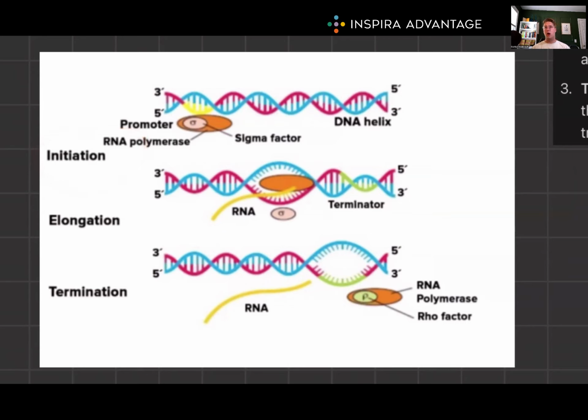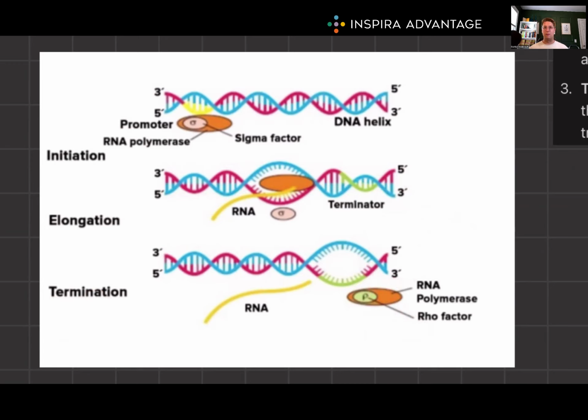initiation. This is when RNA polymerase is going to bind to the promoter region of the gene, causing the gene strand to unwind. We've got elongation, which is where RNA polymerase will bind to the template strand of DNA and synthesize a complementary strand by adding RNA nucleotides. And then it's got to end, right? So termination. That's when the RNA polymerase is going to reach a terminator sequence, which will cause it to be released. And once RNA polymerase is gone, the newly synthesized mRNA will detach from the DNA, where it will ultimately